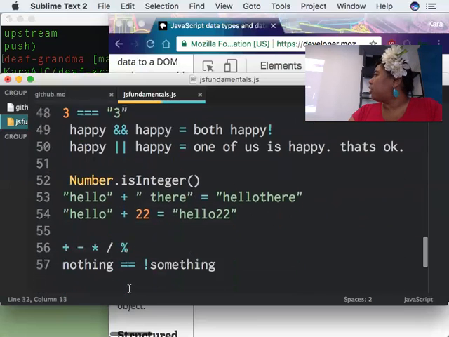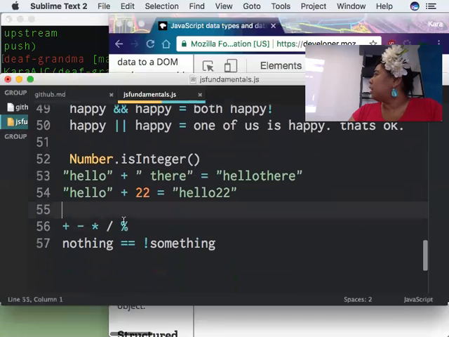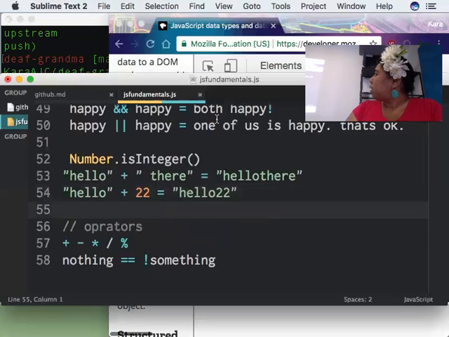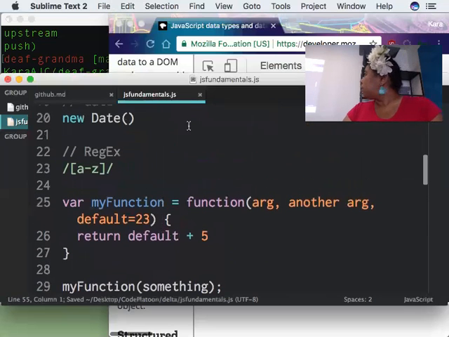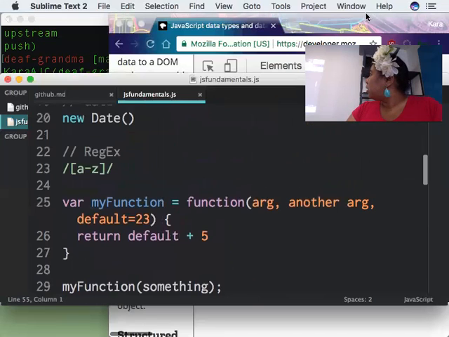But for now, make sure you're focused and understand how each of these pieces work. Okay, all right, so now that we've done this, we're going to